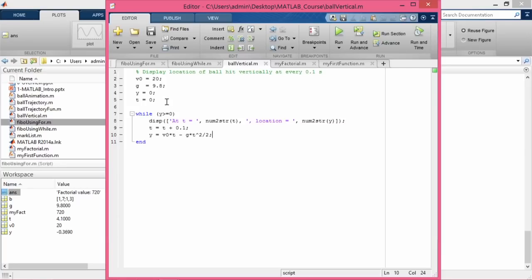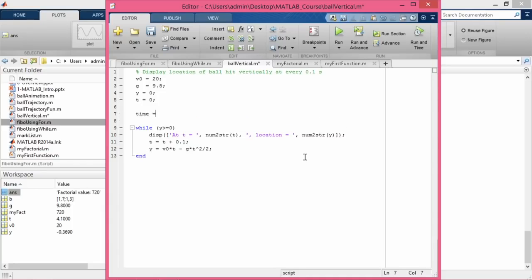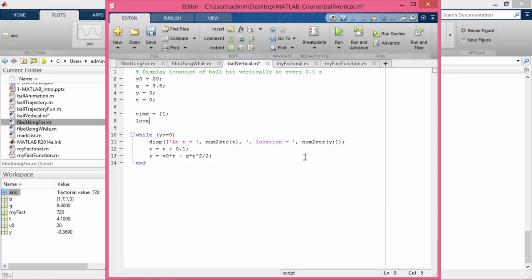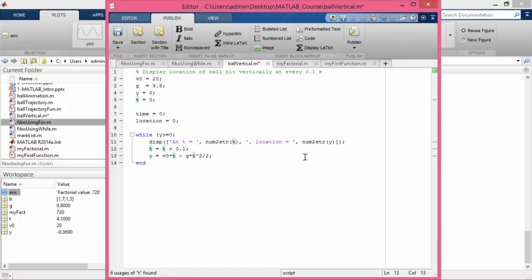Let us call these two vectors time and location. So, time equal to, let us make this a blank vector, location equal to again a blank vector. Or let us actually put this as time equal to 0 and location equal to 0, because that is what we are starting off with. And at the end of this we will put